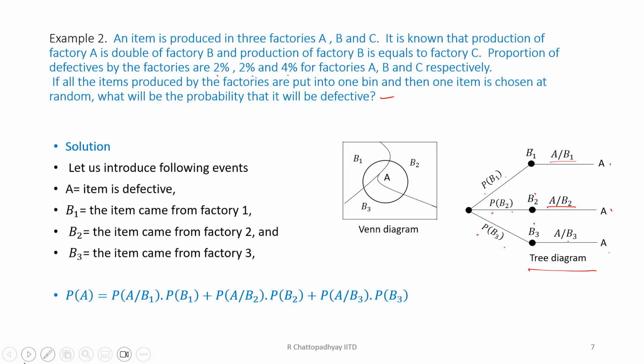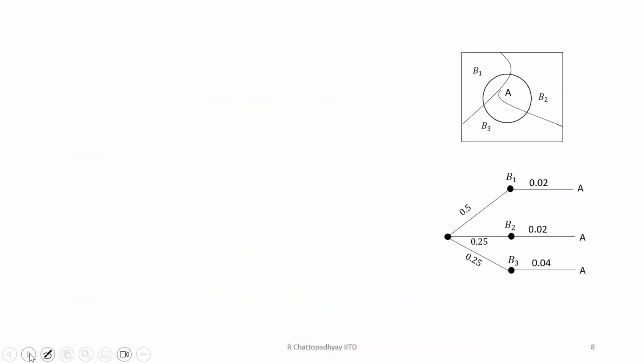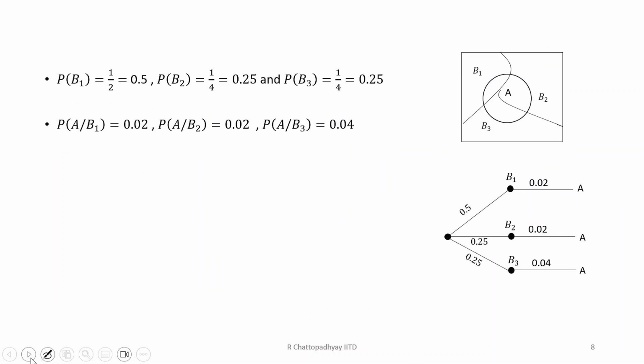So I can now write P(A) in this case will be P(A|B1) into P(B1) plus P(A|B2) P(B2) plus P(A|B3) P(B3), because there are only three sources from which the items are coming. So if I want to know this, I have to find out these individual probabilities, and then we have to add them up. So that is from the figures, from whatever is stated in the example,